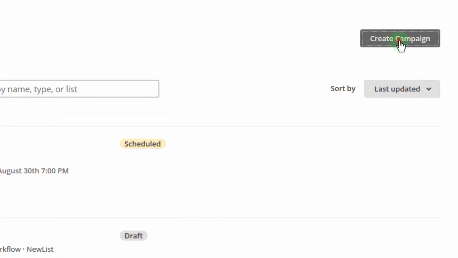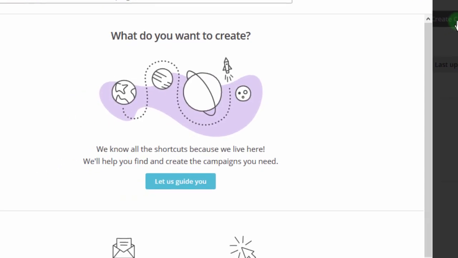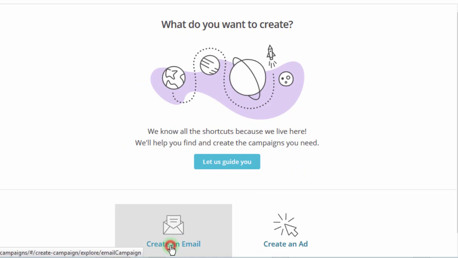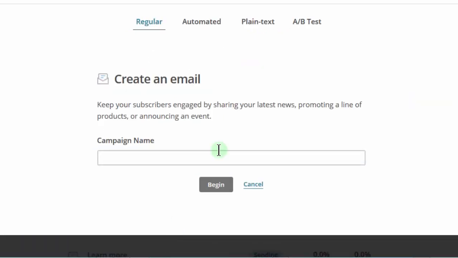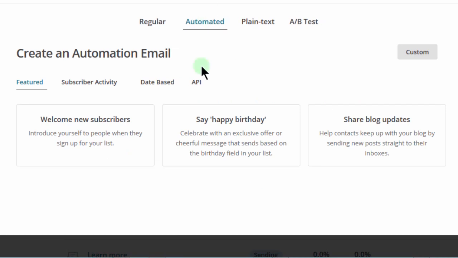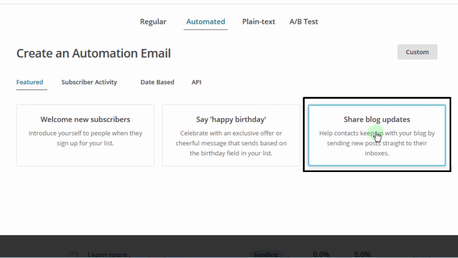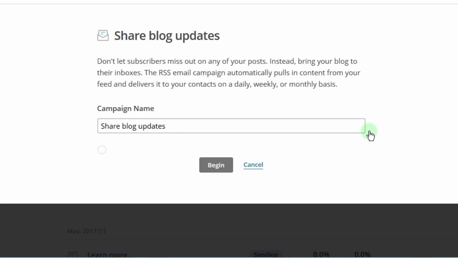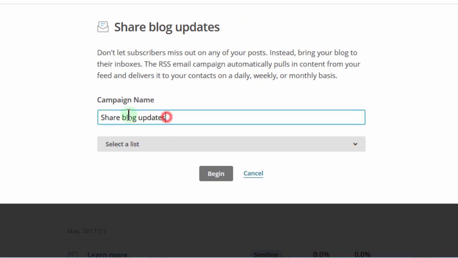I will come here and click on create campaign, and then go into create an email. Here I'll go into automated campaign, because that is what you want to set up. And if you see here, you'll see this share blog updates. This is the one that we want, so I'll just click on it. When I click on it, let me give it a name. Let's say something like blog RSS